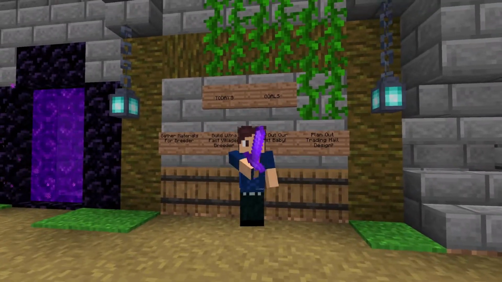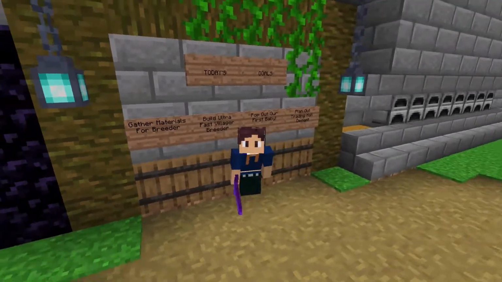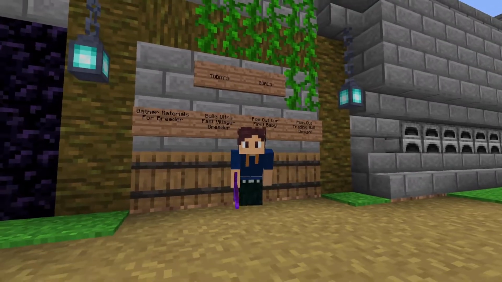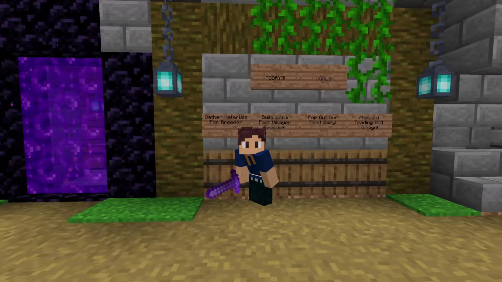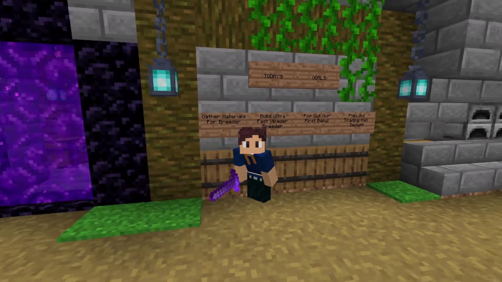Today is episode 22 of our 1.16 survival let's play series. Today, obviously, by the thumbnail, we are going to be building a super ultra fast baby pooper outer villager breeder, whatever you want to call it. We are going to be building a pretty awesome villager breeder today that is basically going to infinitely breed out